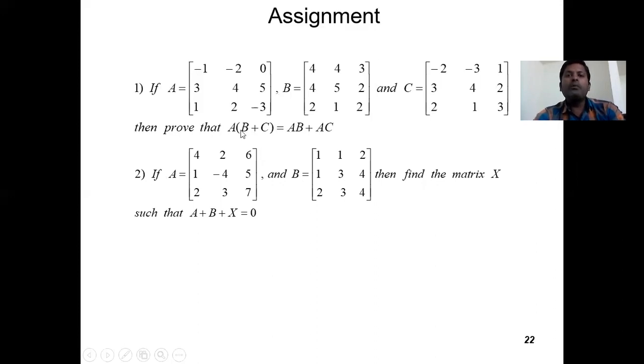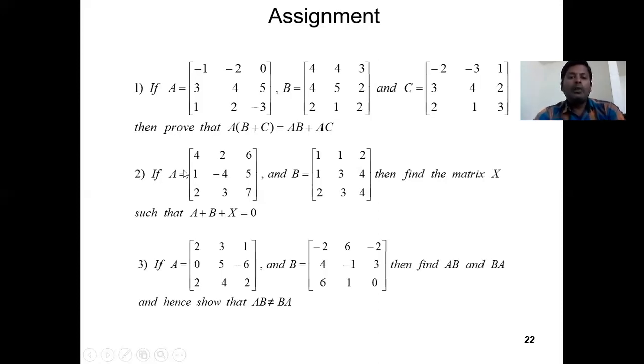The earlier problem is what? Just we can do the multiplication only. We see here B plus C. Just we add these two matrices. Then after that get the result. We multiply with A. That is equal to AB plus AC. Then find the AB value. These two matrices we can do the multiplication, and A, C also we can do the multiplication. Both are added. Then that value is equal to the A of B plus C. Okay. Now this one, we find the X value. First two matrices we added. Then after that find the value of X.